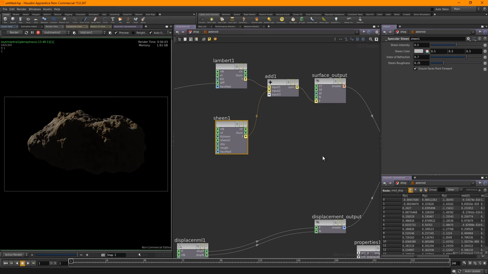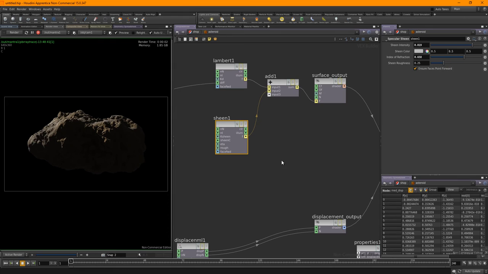So sheen, we can increase the intensity, which to be fair I do want to do. I want to get a bit of intensity in there. The index of refraction, if we bring that down, it covers it all. So this is basically like an exponent. It's just drawing it back up towards the edges. You know how much of the edges run off, basically.